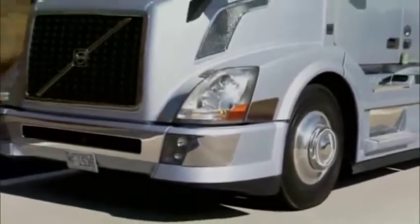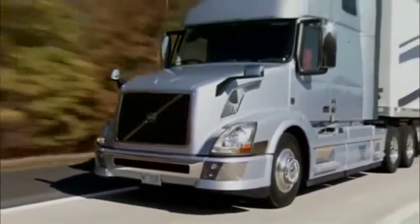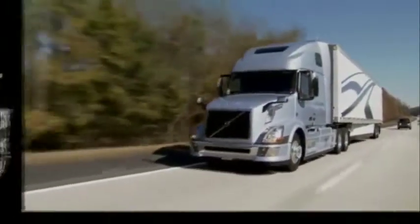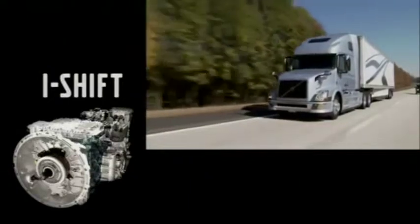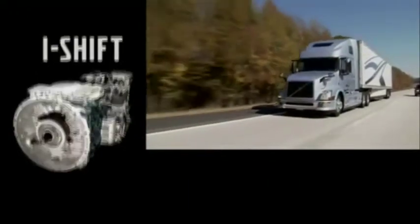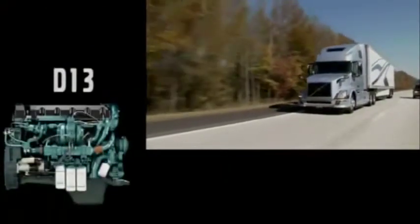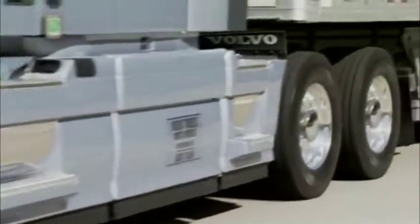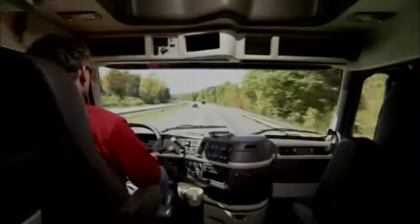Volvo Trucks has introduced a new drivetrain package called the XE-13. It stands for Exceptional Efficiency. It consists of Volvo's extremely popular I-Shift automated manual transmission, mated to a Volvo D13 engine with an impressive 1,750 pounds-feet of torque. Behind that is an extremely tall 2.64 to 1 rear axle ratio, tied all together with some